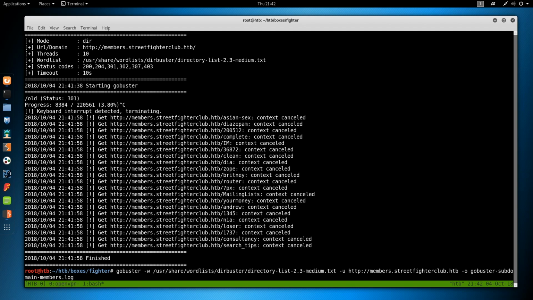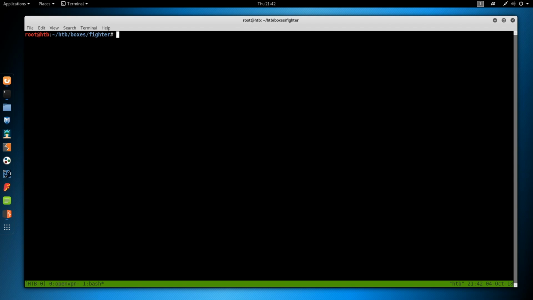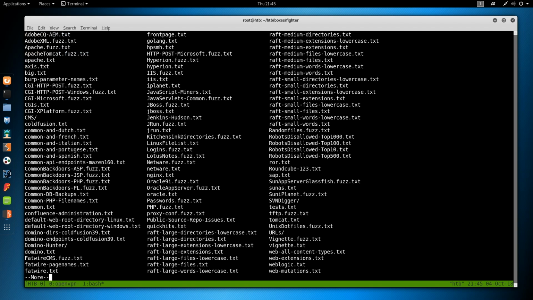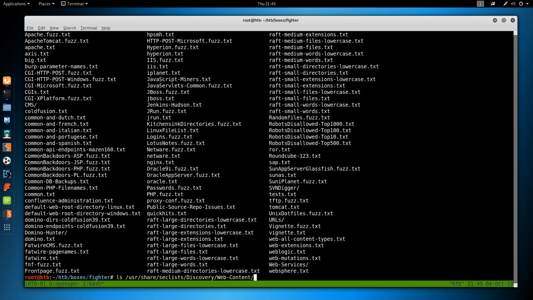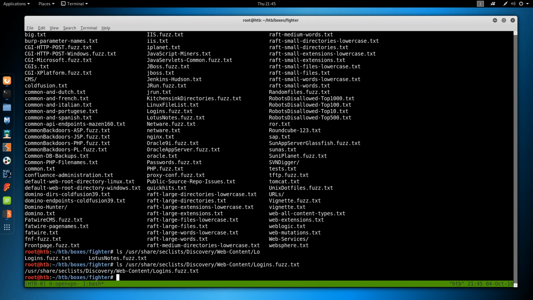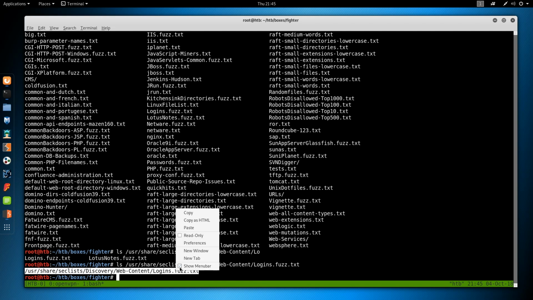A lot of brute forcing right now going on. So let us find a good word list. Going back into SecLists, let's do discovery, web content, any logins.fuzz.txt. Let's try that. So copy this URL,